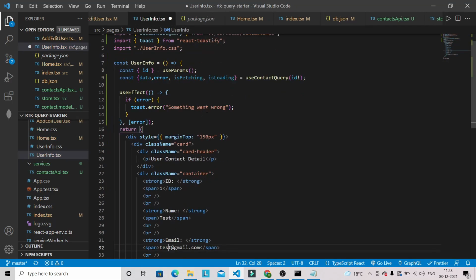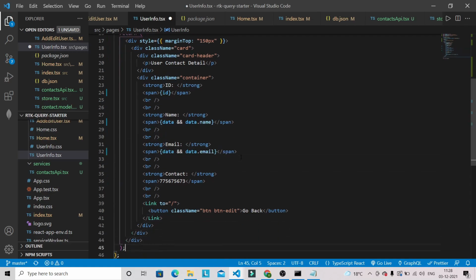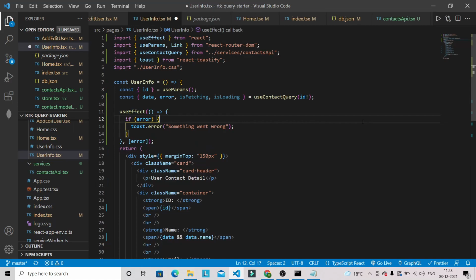Okay, what we can do here, instead of hard coding, is just give the ID here, and for name we can do something like this. If we have data, then data dot name. Likewise, I'm just going to copy this one and paste it here, and this will be the email, and this will be the contact. Okay, so let's see whether this one is working or not.